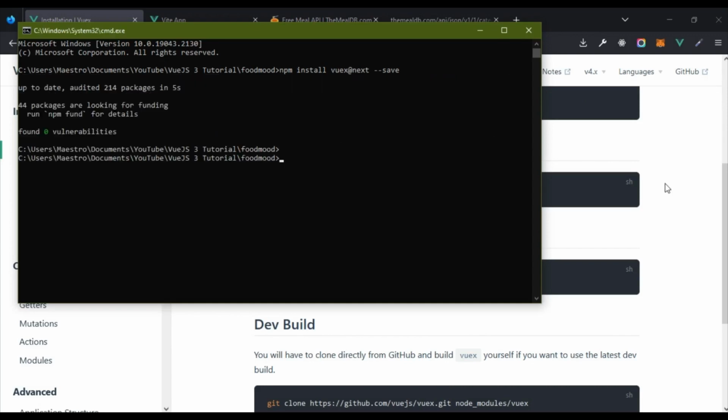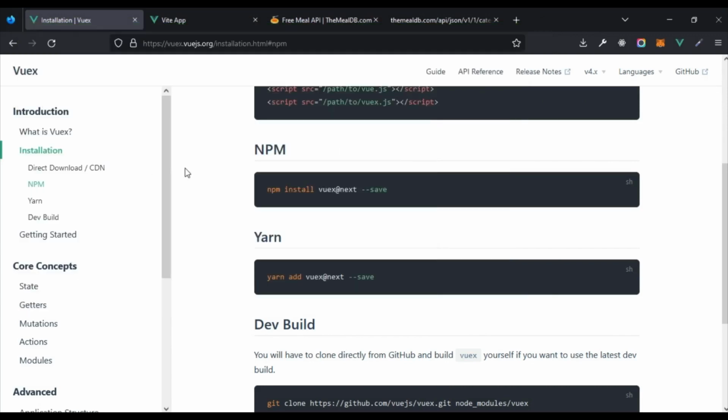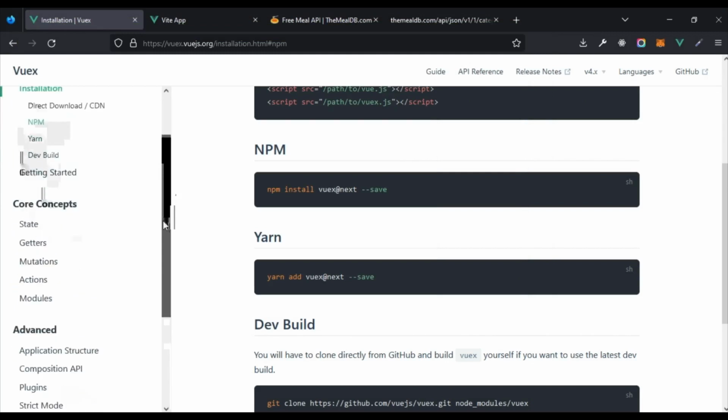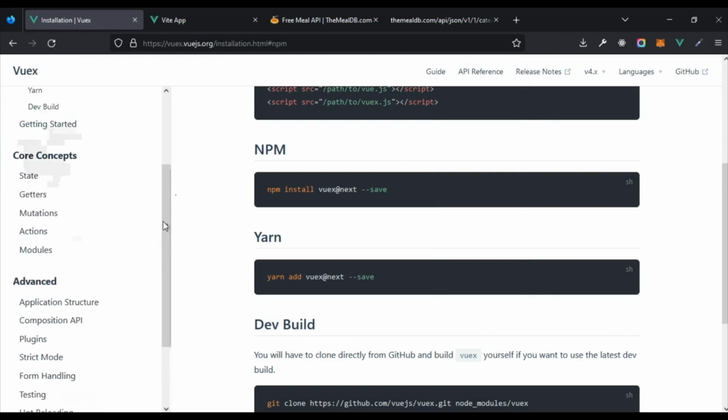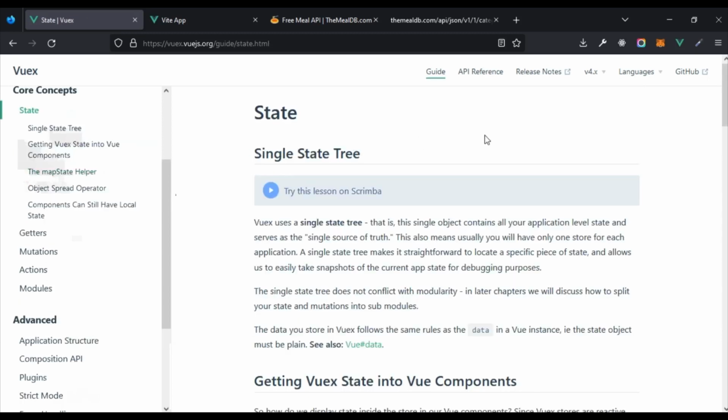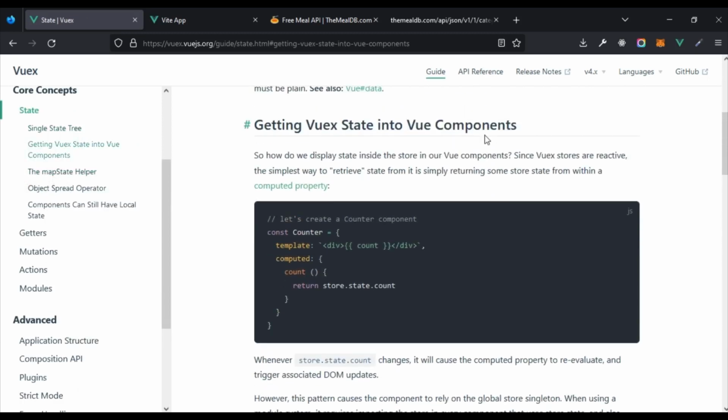Okay, so that is done. Before we actually go into our code, there are some things that I would like to introduce you to on VueX. The first is the state. Inside of our VueX store, we can create a particular state. So we have the state right here. That's the first thing. The state basically represents reactive data that we want to make use of